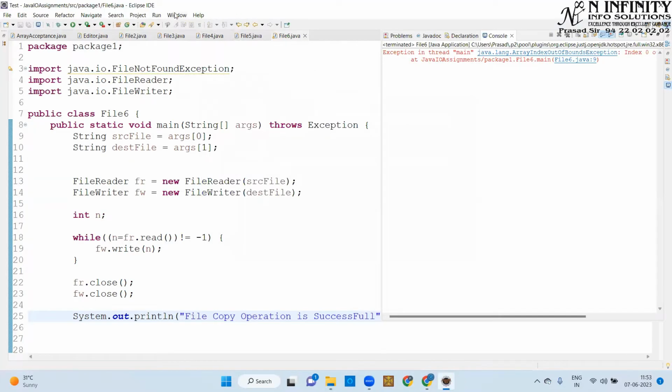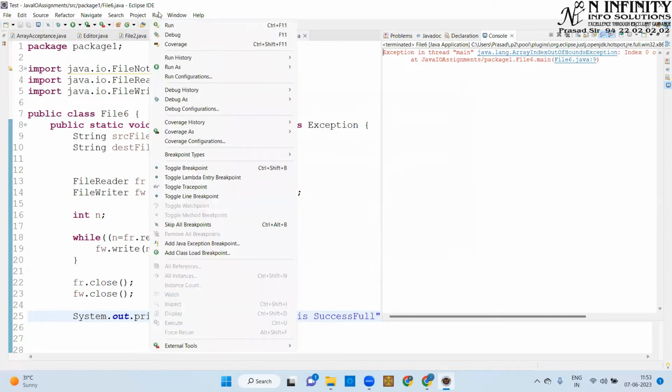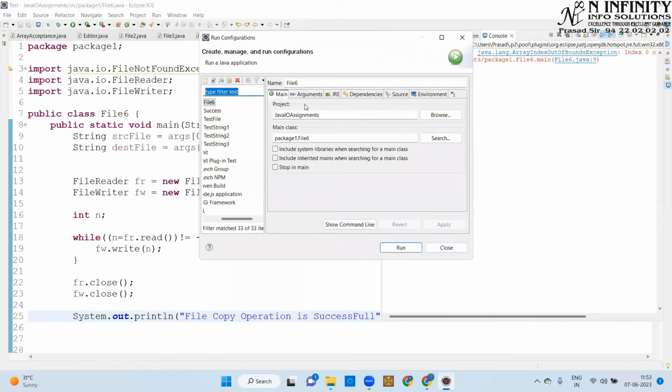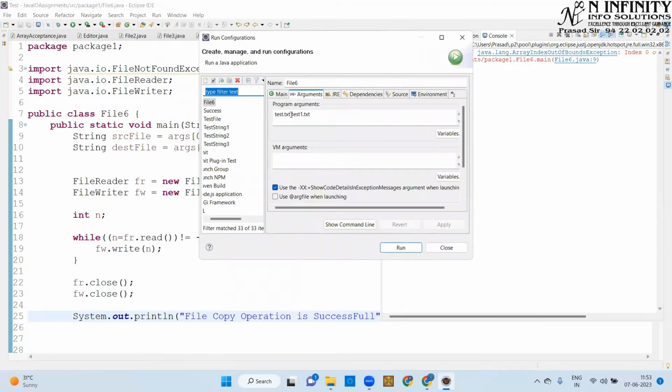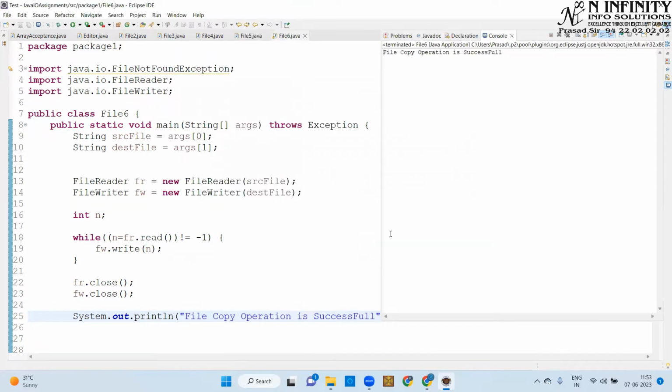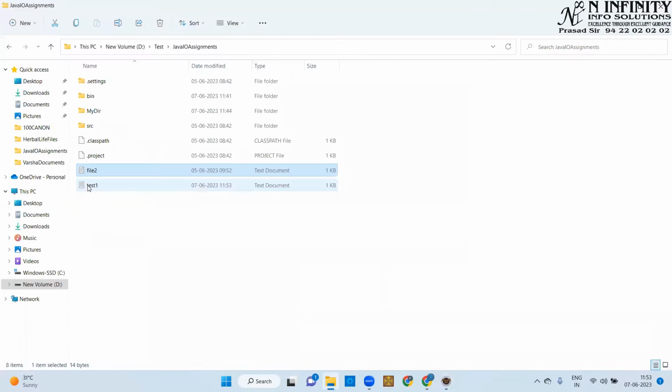So I'll be going inside this again, run configuration. Here in arguments I'm passing file2.txt, copy it into test1.txt. Let's apply and run, and it says file copy operation is successful. So let's check by going here. Please observe test1 is created,